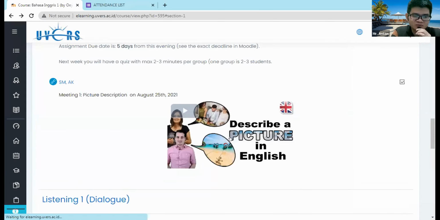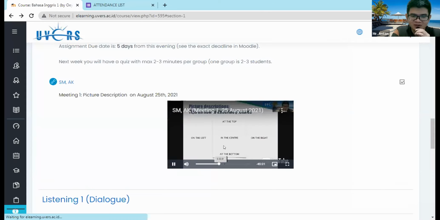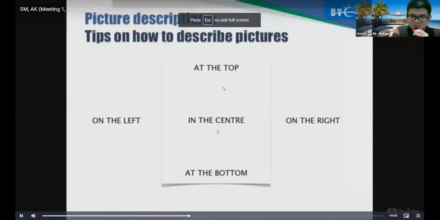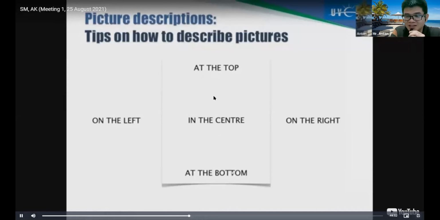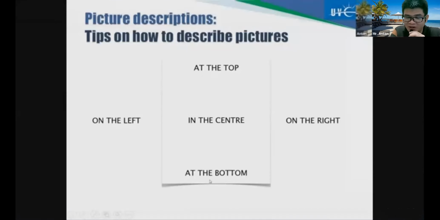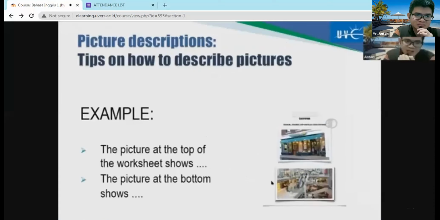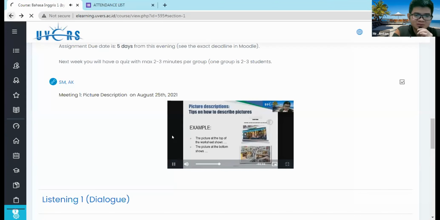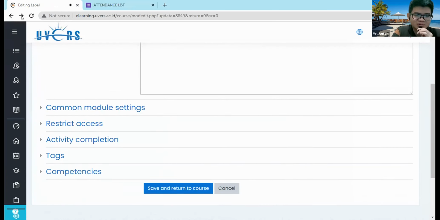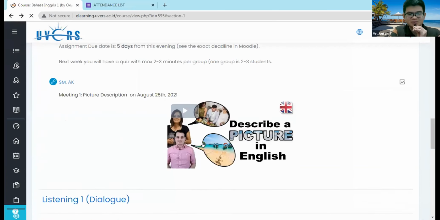Wow, it's wonderful. I found the PBM class has a huge class. Okay, now look at it. And then you can use left. This is the example. Right, you can enlarge it. This is the other class lesson. Maybe you want to know about that. So it's easy for you. For example, like this, the picture at the top. All right, this is the example only. If you want to learn more, you can learn from the other classes also.